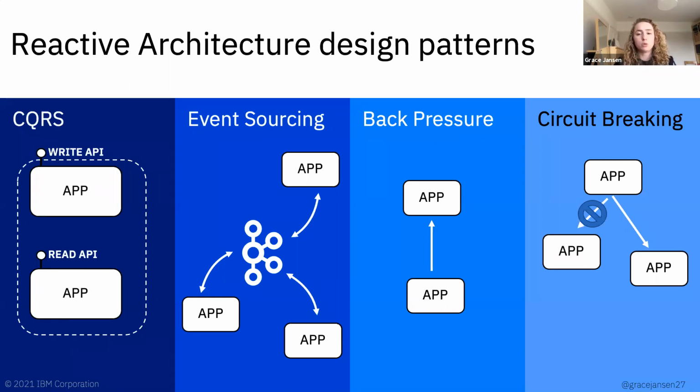Then we've got event sourcing. You might have come across this before through tools like Kafka, for example. Event sourcing is all about persisting the state of some kind of business entity, for example an order or a customer, as a sequence of state changing events. Whenever that state changes, it adds an event, appending it to the end of the list. So it's often used with tools like Kafka.